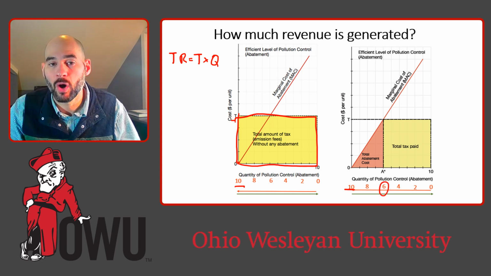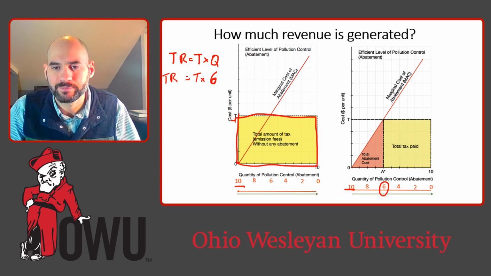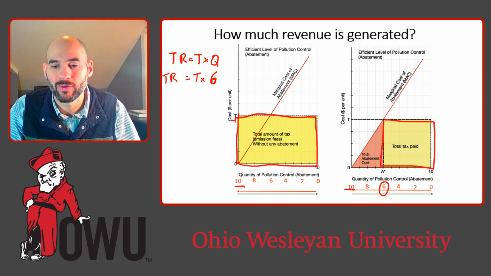And so we're multiplying 6 by T, and that's going to be our tax revenue. And our total tax revenue is then the smaller yellow